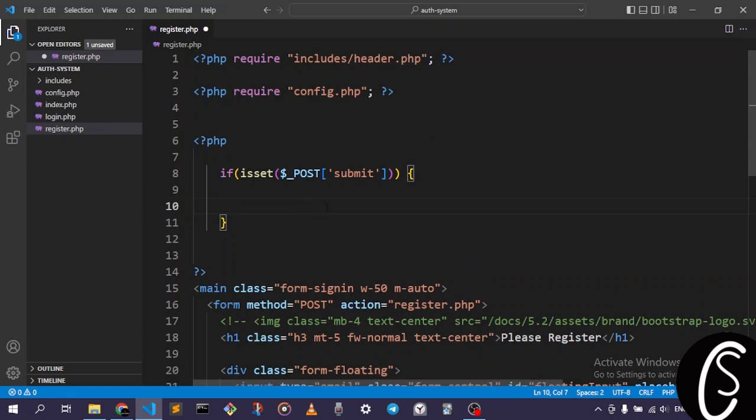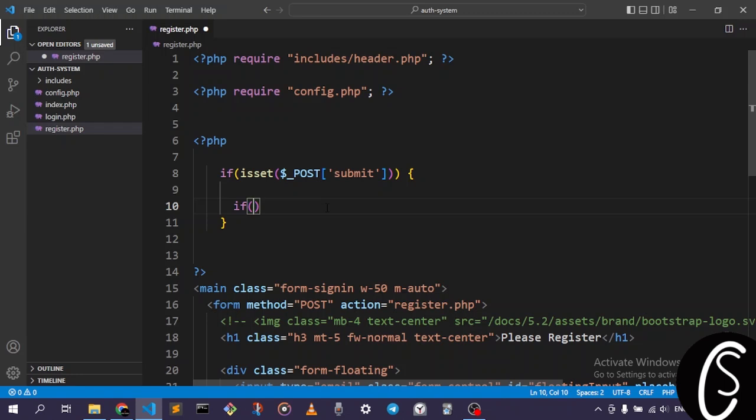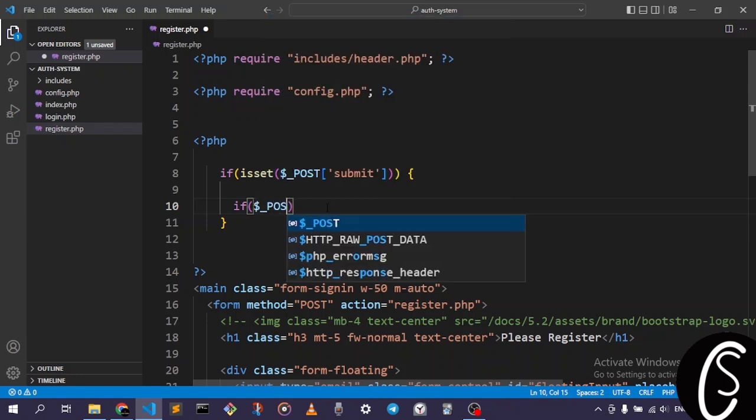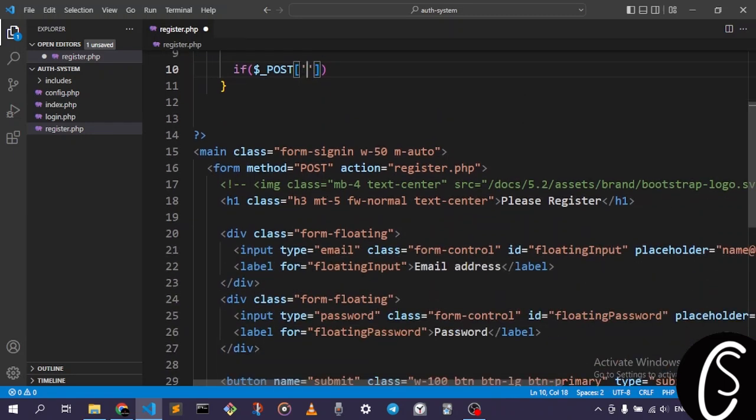All right, so we are gonna check for empty input by saying if post, which is a super global that takes some kind of data from an input when we process a form,